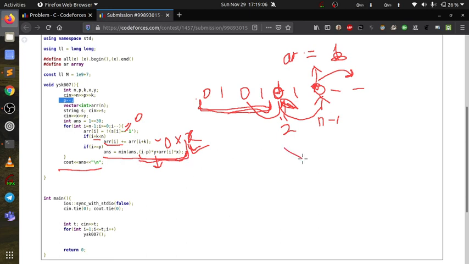Suppose p is here in my array and i is here, so this is not a possible way. So i should be greater than or equal to p. I think this is the simplest solution. Okay, that's it.